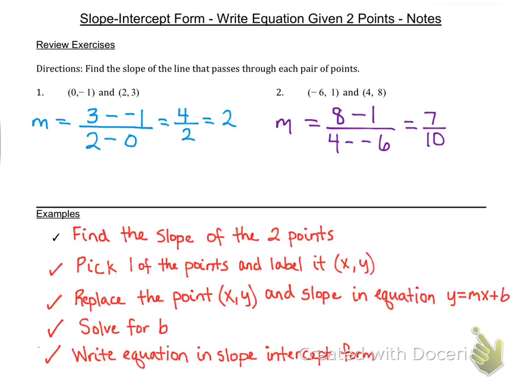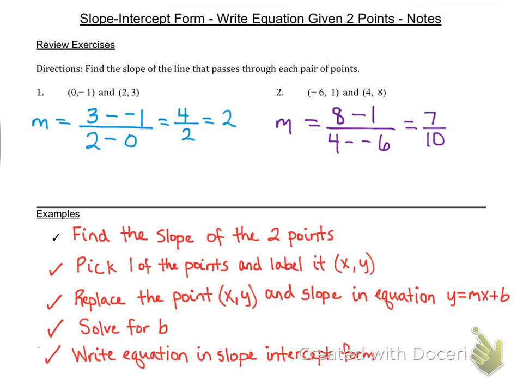Here are the steps to write an equation of a line in slope-intercept form given 2 points. The first step is to find the slope of the 2 points that you're given. After that, pick one of the points and label it x, y. You'll be given 2 points, and it doesn't matter which one you pick because both the points will be on